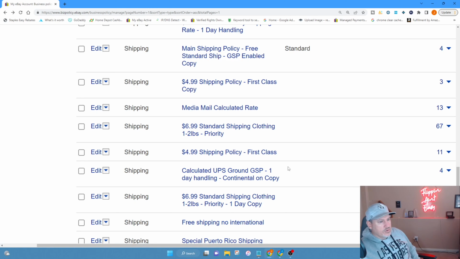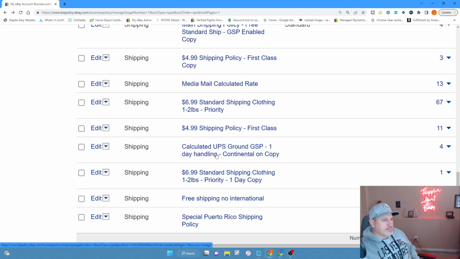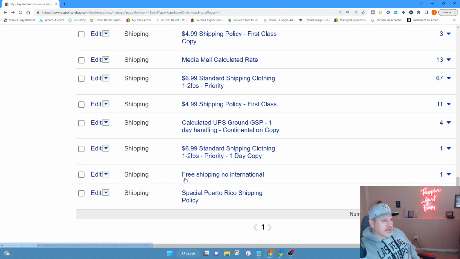My item is going to go by UPS Ground, sometimes by Priority Mail, but most of the time calculated UPS Ground. Here's another copy of the $6.99 with one listing assigned. Free shipping, no international. So if I have a listing, and this says I have one that's assigned to it. If I have a listing where I'm offering free shipping, but I can't offer international shipping, then